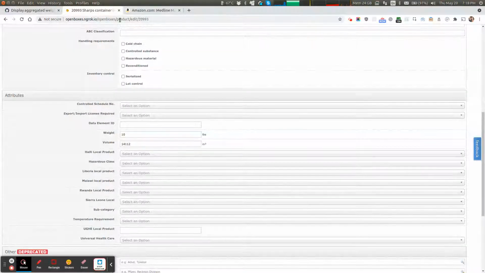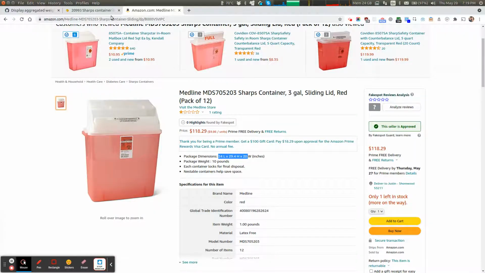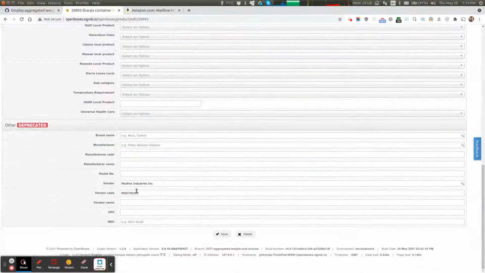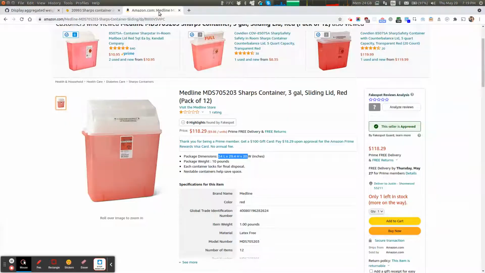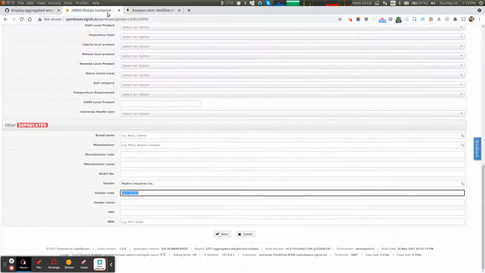I got the weight for this one from Amazon. So this is a Medline product. Looked it up by the ID, and it says it's 10 pounds and whatever this is in cubic inches. So I put in the weight and volume by these